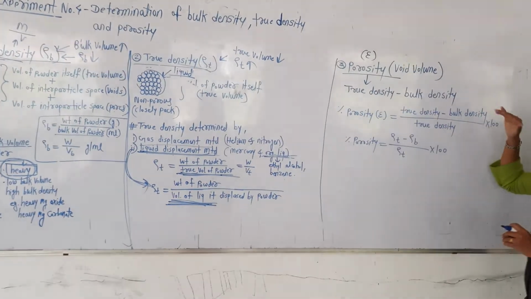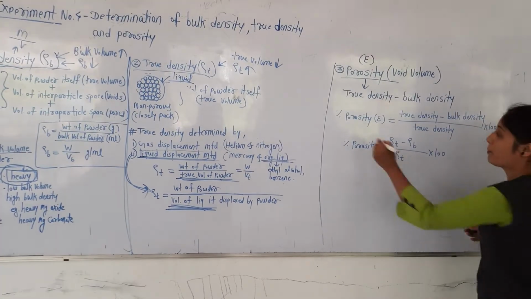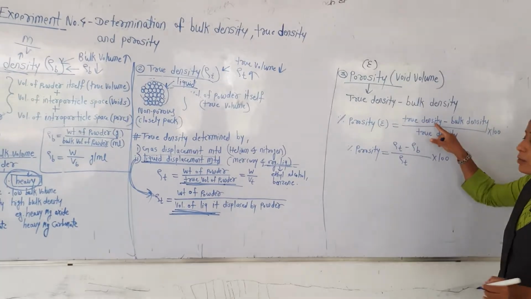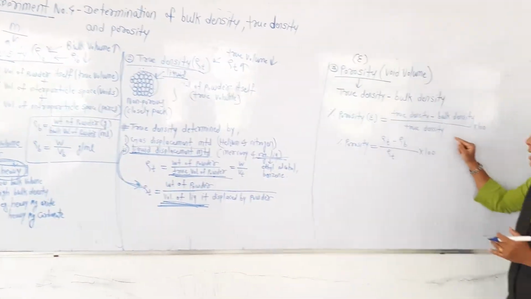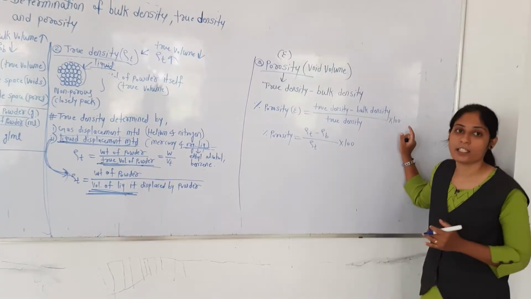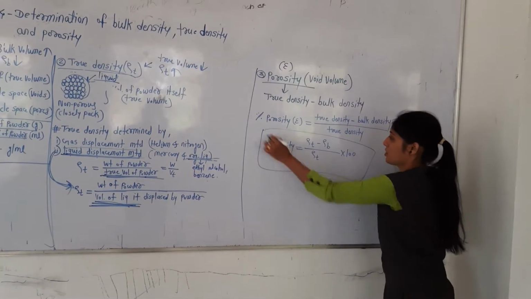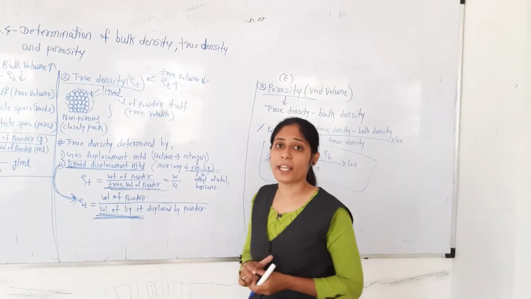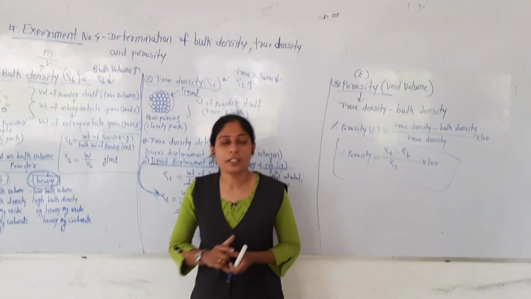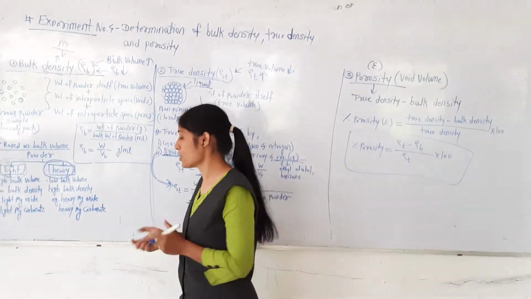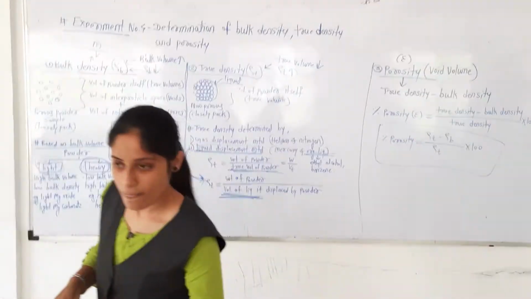true density minus bulk density. For percentage porosity we can use true density minus bulk density divided by true density, multiplied by 100. When we multiply by 100, the value is in percentage. So first we determine the bulk density. For determination of bulk density, the procedure is, see here,